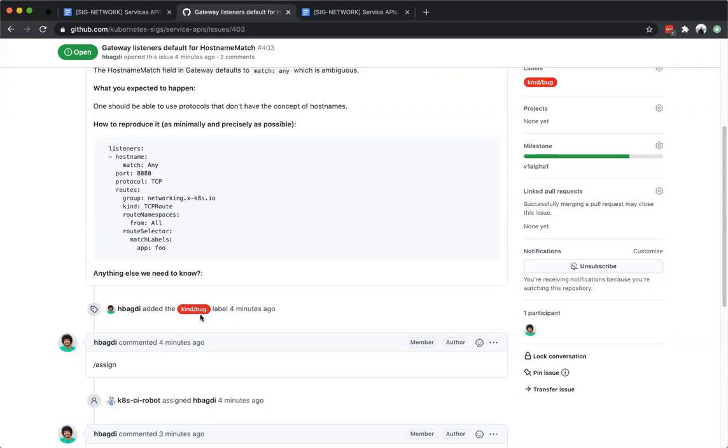Because I hate to require this field. If this field doesn't add anything for UDP or TCP, it seems strange to require it. So it seems like the best option is to make it optional. And if the protocol is HTTP or something where that's meaningful, if it isn't specified, just match anything.